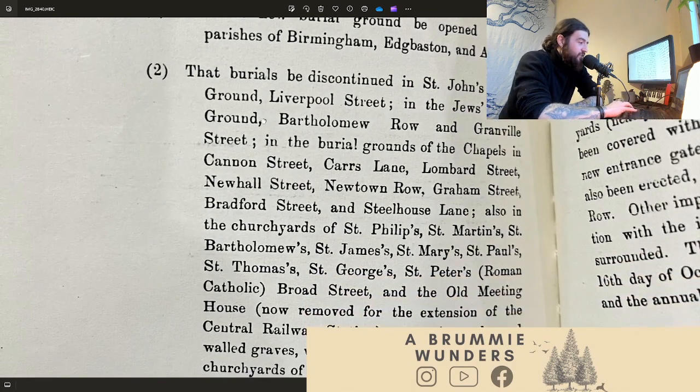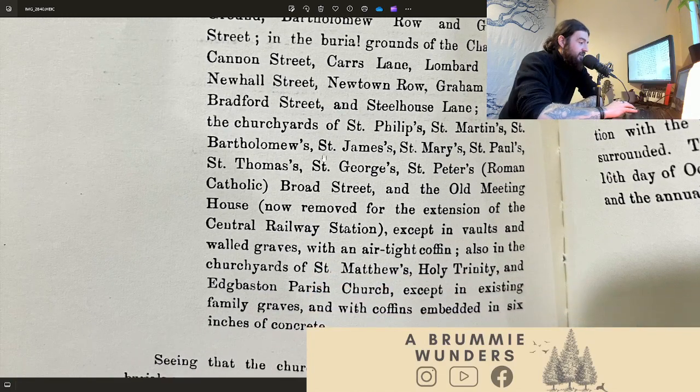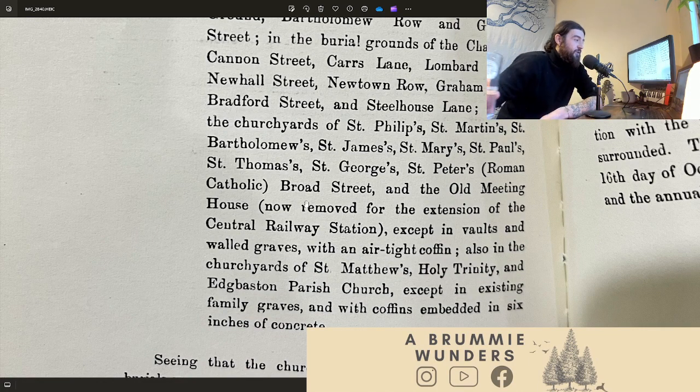So you got your discontinued ones because obviously they're going to start building on all of these cemetery lands, which happened actually when HS2 started doing some work at the end of Digbeth by, oh God, is that Foregate Street? Something like that. I can't remember what it's called now. Park Street. Yeah, when they started building the HS2 thing, they actually came across loads and loads of bodies in the area because it used to be the Curzon Street burial grounds, which was, I think, directly opposite the Fox and Grapes pub. Again, this is old history, and if you know, you know, and if you don't,